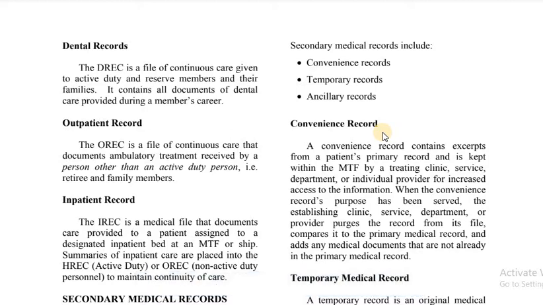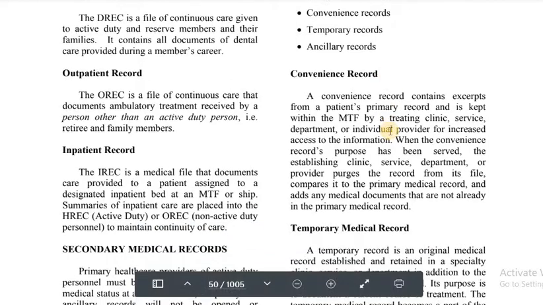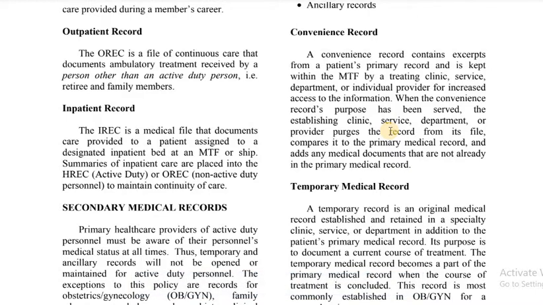Types of secondary records: convenience, temporary, ancillary. Convenience is for the convenience of the department, not the patient. An example I like to think about is I used to work in a dermatology clinic, and there's a machine called a light box. A light box is kind of like a standing suntan bed. It's really good for psoriasis and a couple other skin things. If someone has really bad psoriasis, they step in the light box a couple times a week, and the light rays help with the condition. And the convenience record for us was basically a folder that had when the person came and